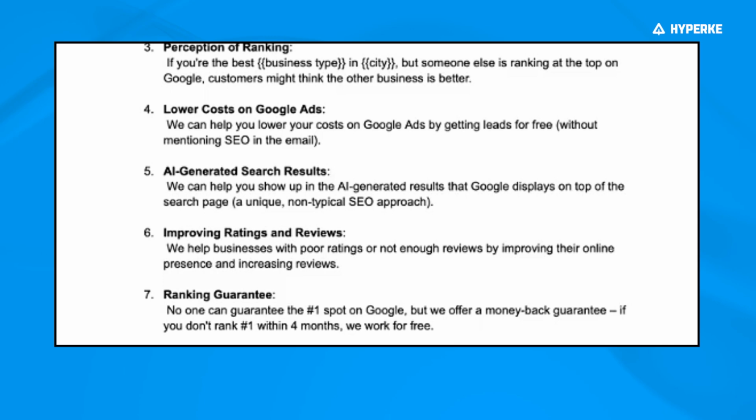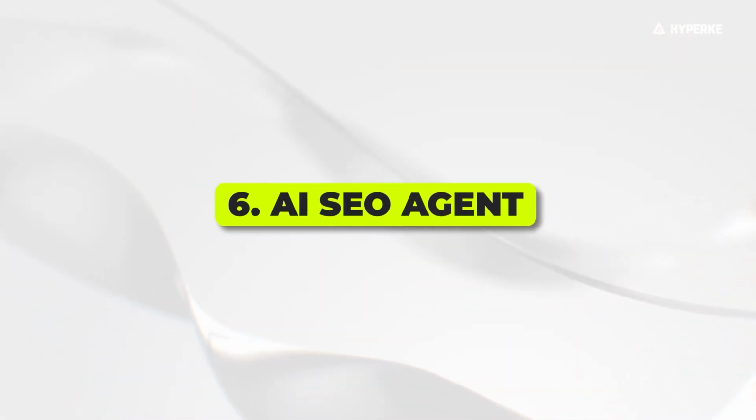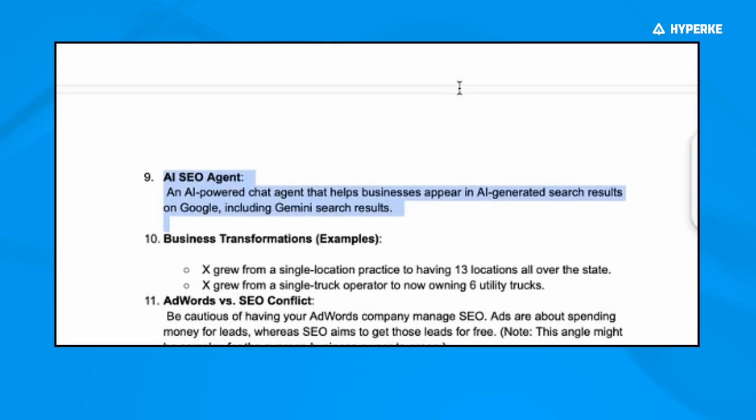Are you interested? Are you open to a call to see how? Another way to run the same AI angle is saying that we have an AI powered chat agent that helps businesses appear in AI generated search results on Google, including Gemini search results. So here you double down on the AI factor, saying that it's a chat agent, or you can just delete chat, say AI powered agent that helps businesses appear in the AI generated search results on Google, including Gemini search